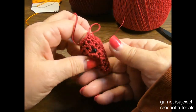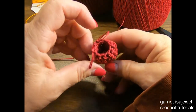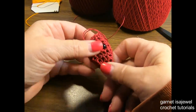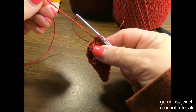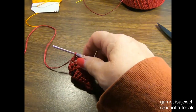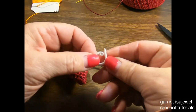There we go. Okay, so it's in there. Okay, so I'm going to go ahead and leave that in there. I think it's fine. Now that my stitch marker is out, this one I noticed it opened up a little more, so let me grab another one, see if this one...